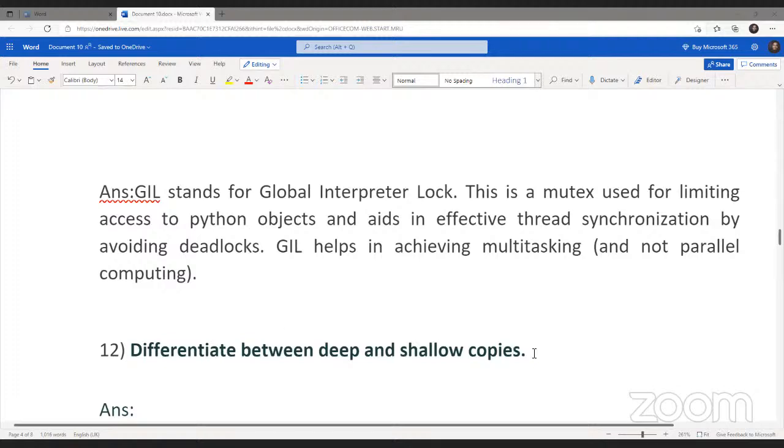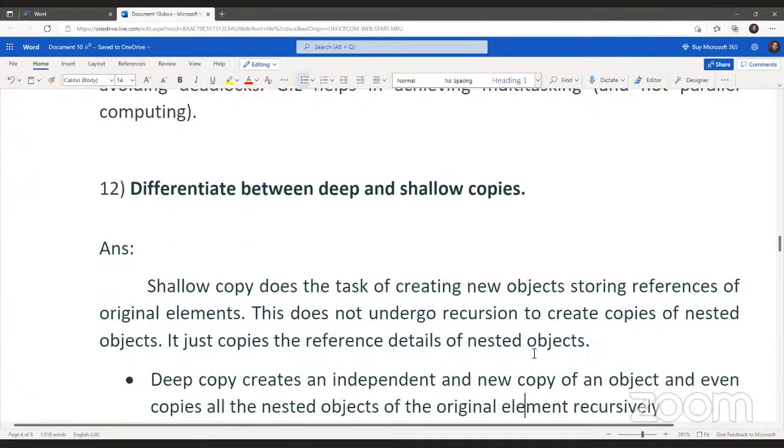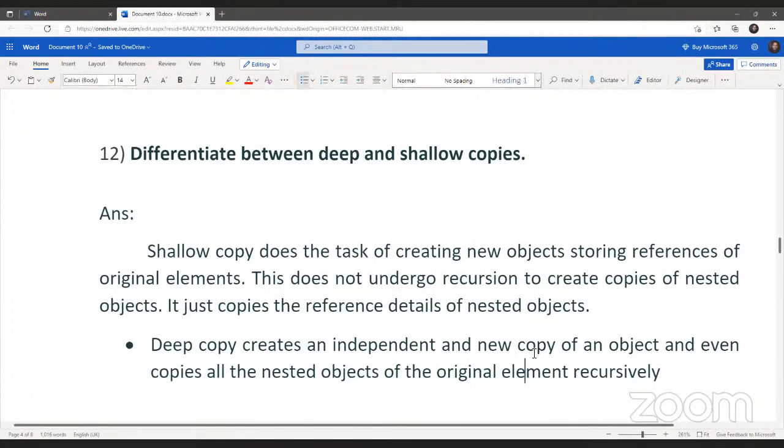Now, as we look into the differentiation between deep and shallow copies, shallow copies create new objects which refer to the original elements. This does not undergo any recursion to create copies of nested objects. It just copies the reference details of some nested objects. Whereas coming to the